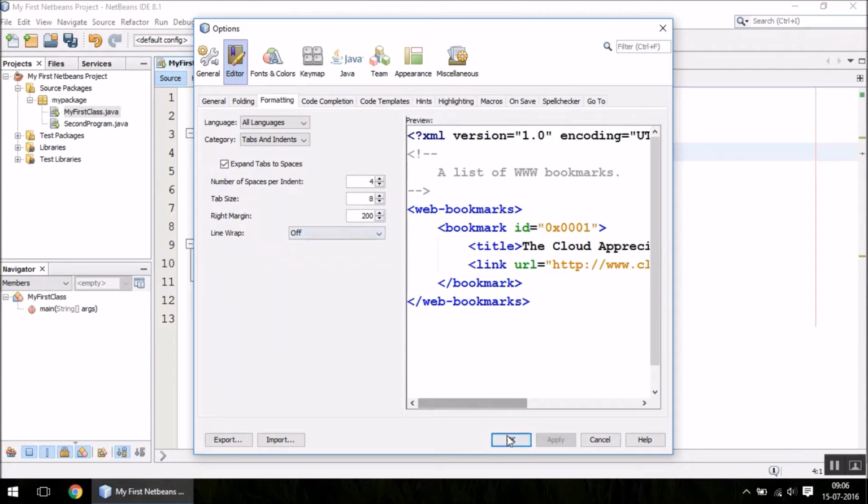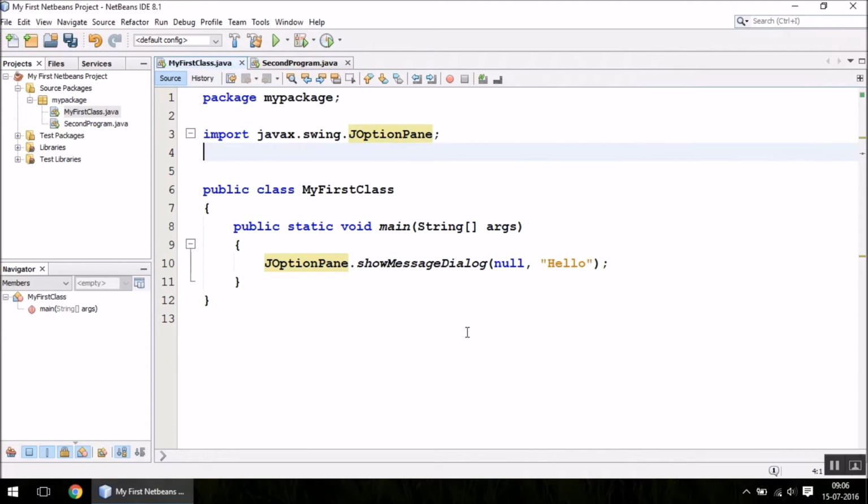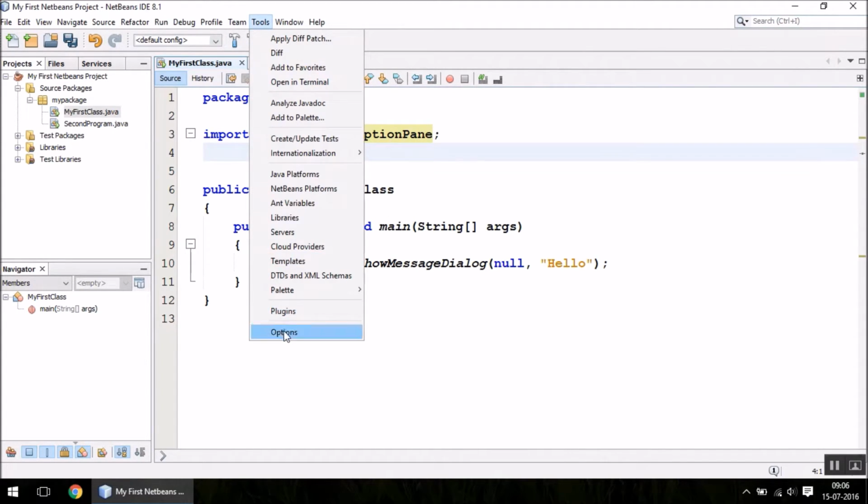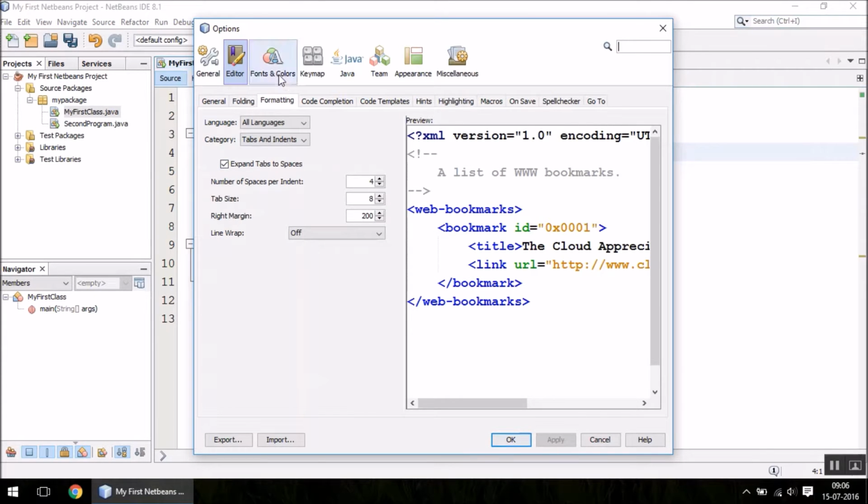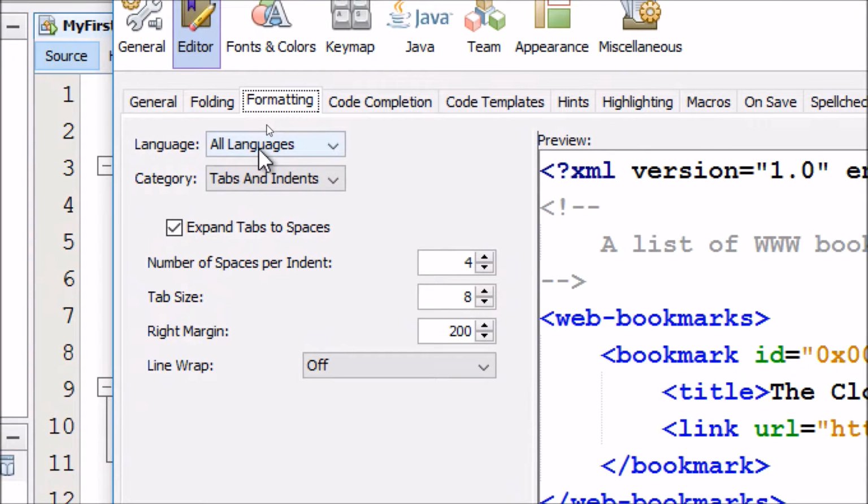After typing it, press OK, and when the settings are saved, as you can see here, the right margin is gone.